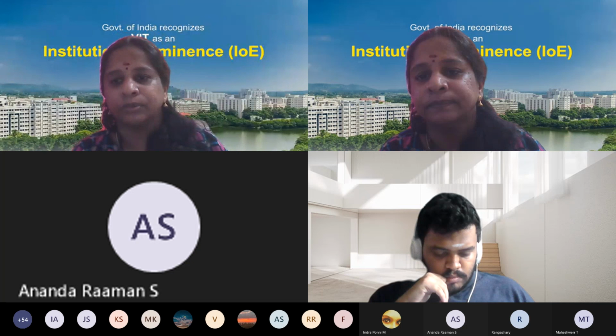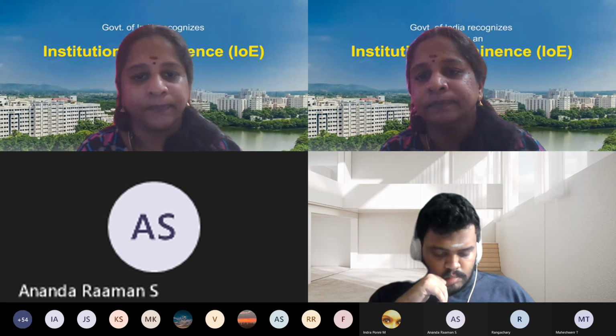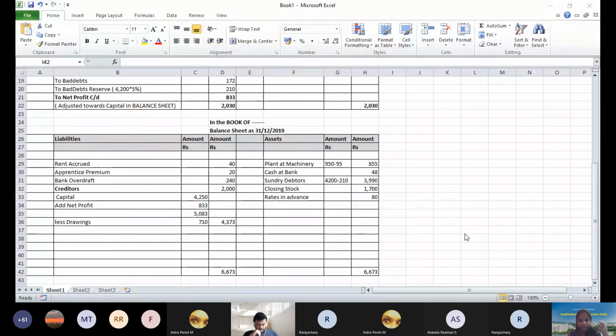Why I went to that sheet is I want you to do the workout. Fine. So I've done all the things. This is a very nice sum. Please remember this sum. This has got all small amounts. So when we go into lakhs, we'll make a lot of mistakes. Yeah, this is only 1,700. Anything else? Anything else from your side?